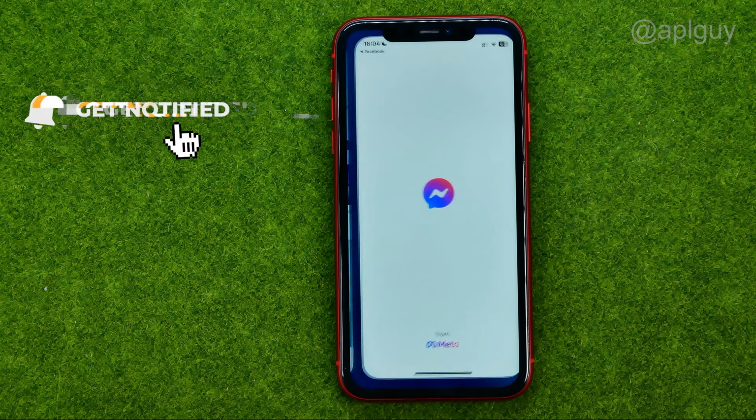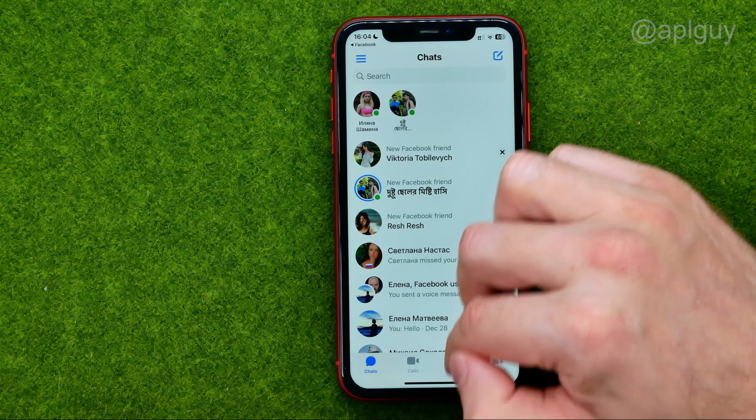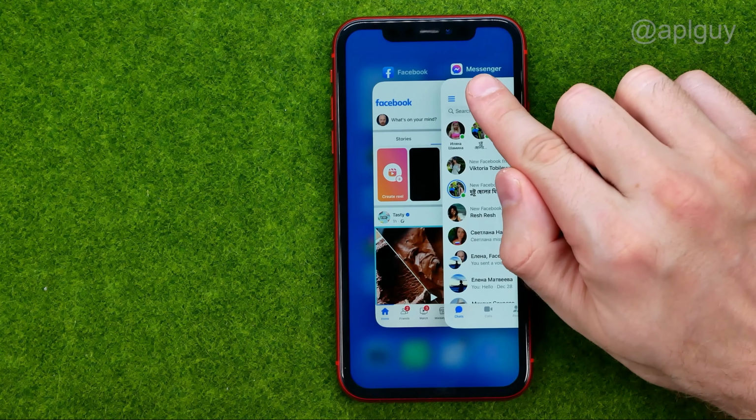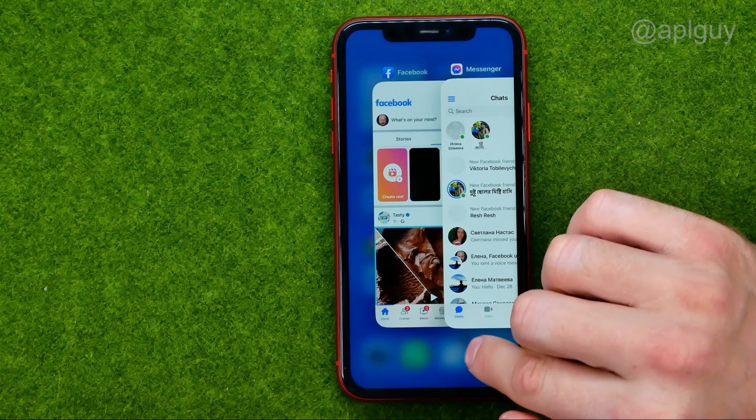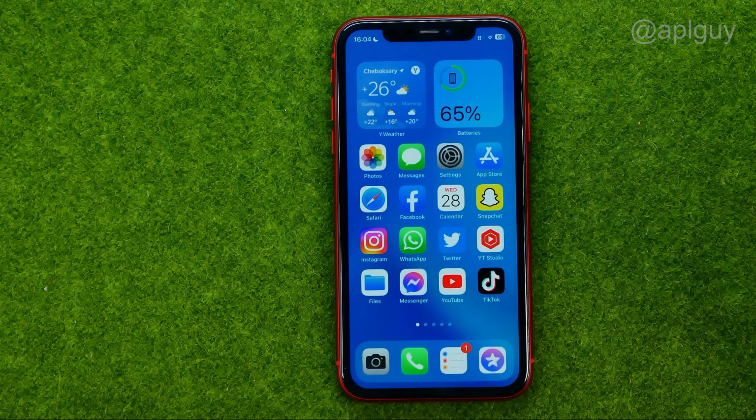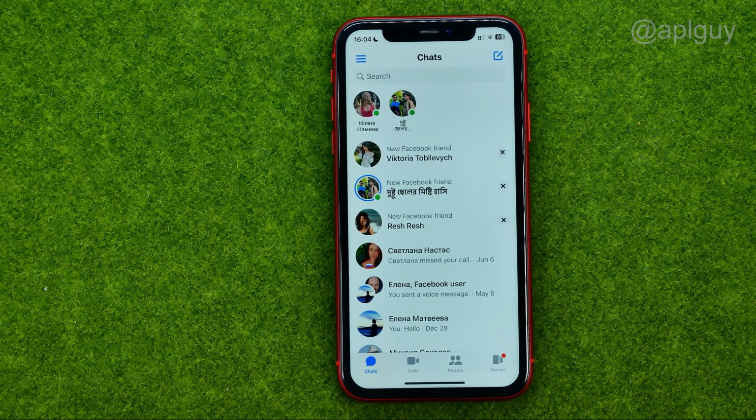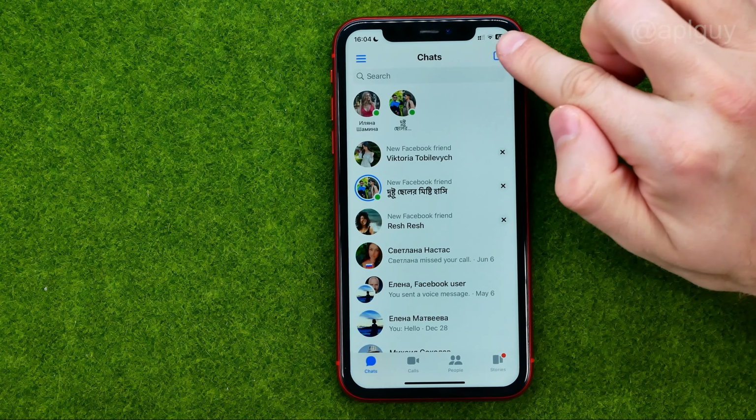So let's get started, and first off, open up Facebook app, and then if we tap at that DMs icon, we will be taken to Facebook Messenger app. As you can see, now I'm on Facebook Messenger. So instead of opening up Facebook app, we can directly go to Facebook Messenger app and then tap at that